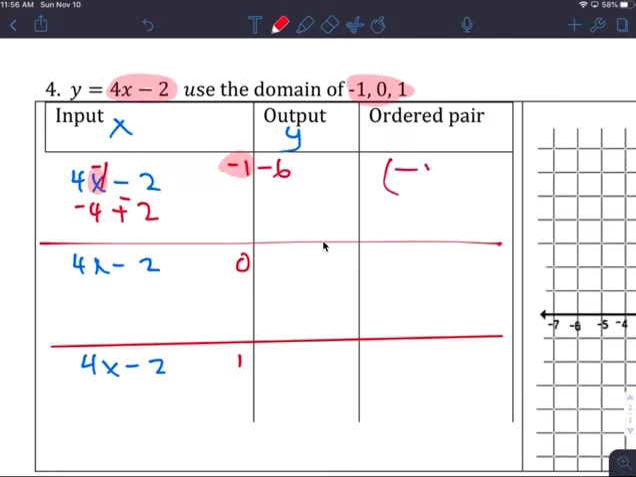So -1, -6 is your ordered pair. Substitute 0 into there. 4 times 0 is 0, minus 2, additive inverse is -2. 0, -2. Next one, put in